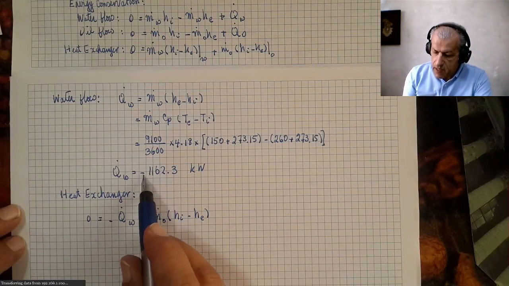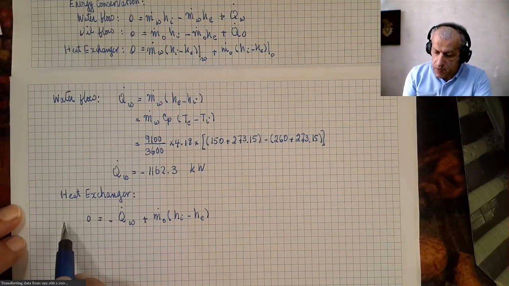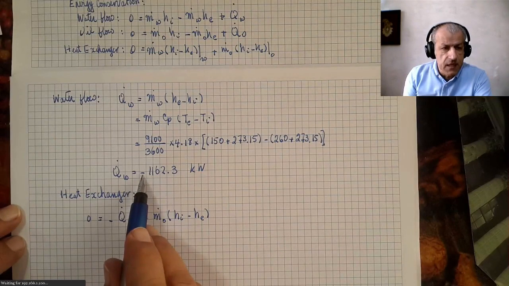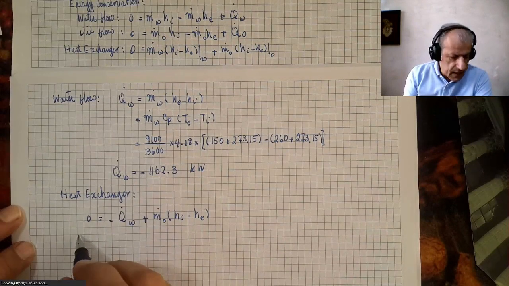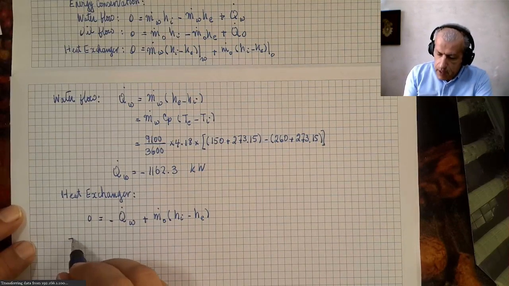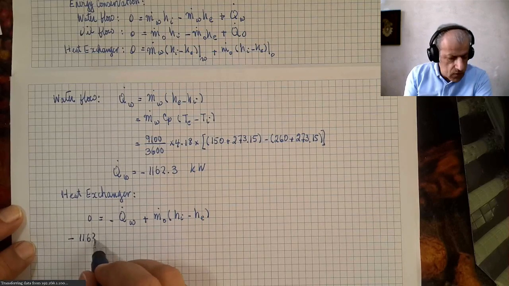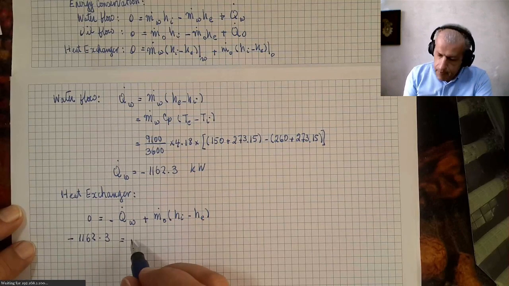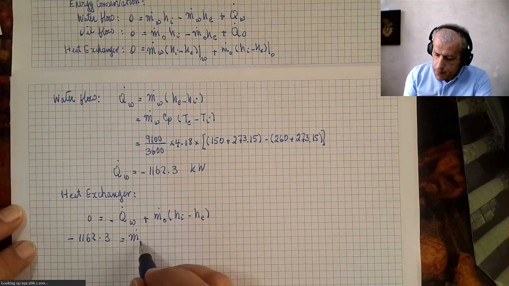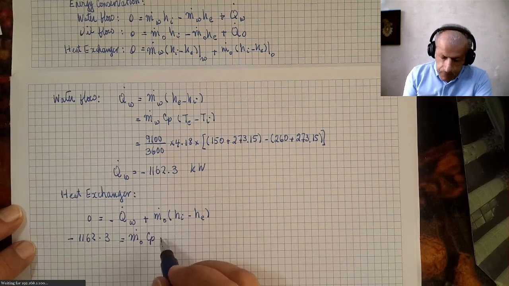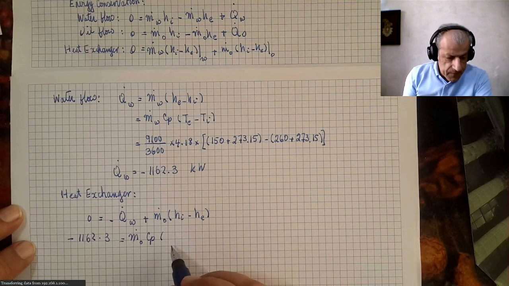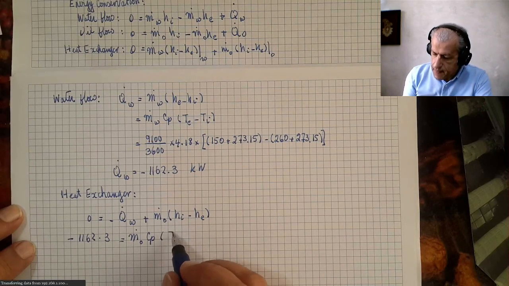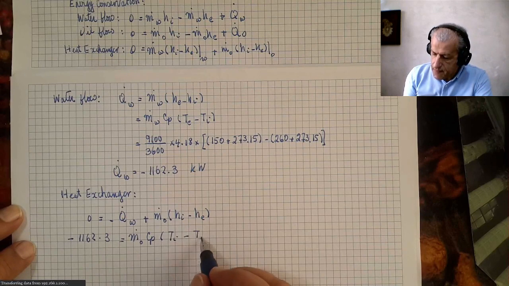This value is minus, this comes to the other side, which becomes plus, but it keeps this minus sign, and then it would be minus 1162.3 equals M dot O times CP and times TI minus TE,